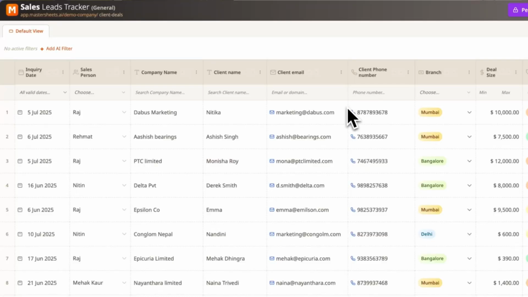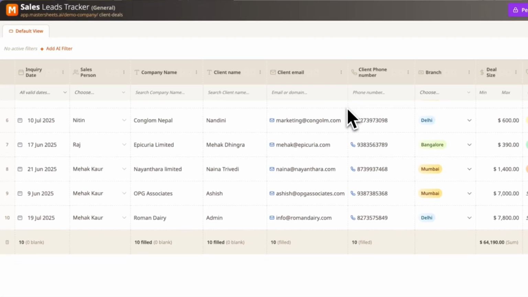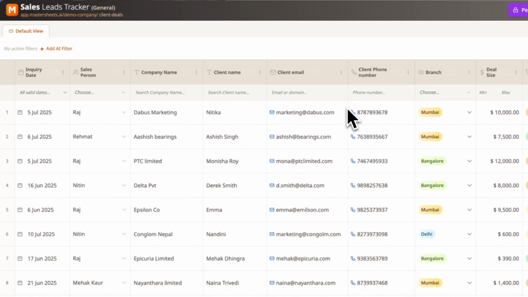Welcome to MasterSheets.ai. It's almost normal to be living in chaos while managing a team, but we think it can become much easier. So we've built MasterSheets to be simple, clean, yet powerful. So it looks like a spreadsheet, but it behaves like an app, built specifically for your team, your processes, without any developers or code. Yeah, don't believe you.